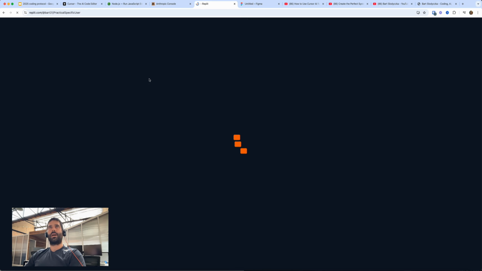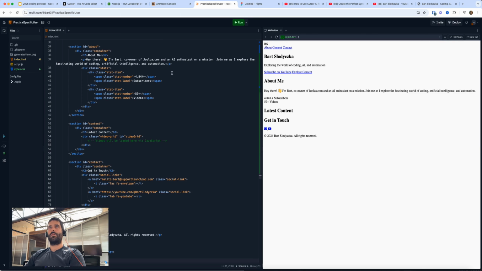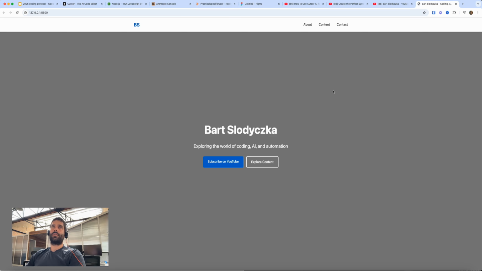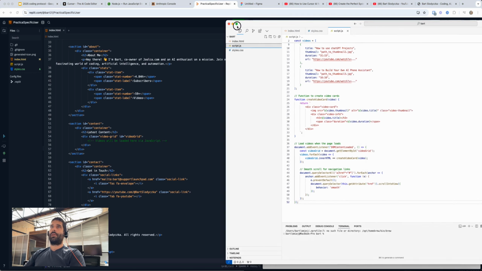Let me just refresh this entire page. Something may have bugged on my computer. Okay, so there you go. So this is without styling, and we can immediately see this is the same thing as what we see over here. Obviously there's no style, there's no CSS, but this is the exact same concept. So this is not actually live deployed. It's just running locally in this environment to show us what the current website or web app looks like. So I'm going to keep copying the rest of this stuff across.